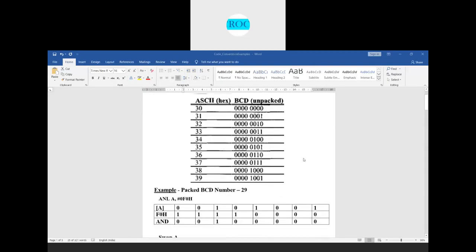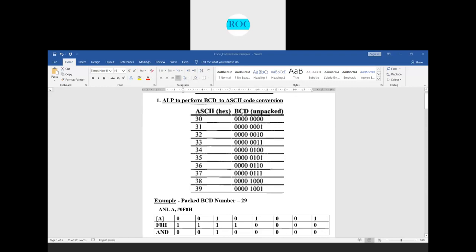We know BCD stands for binary coded decimal, right? We have from 0 to 9 here. This is 0, 1, 2, 3, 4, 5, 6, 7, 8 and 9. And the ASCII equivalent in hexadecimal is, for 0 it is 30, for 1 it is 31, for 2 it is 32. Looking at the table we have,